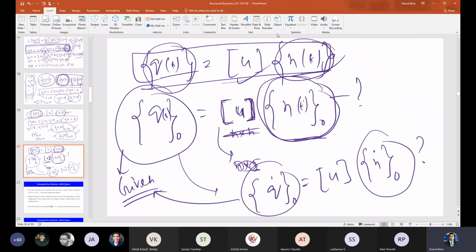Okay. So just as a hint, this powerful property, orthogonality of the modes, will come into the picture to find out eta t at time t equal to 0 and eta dot t at time t equal to 0. So try to see from books, or first try yourself what I am talking about. So you see how powerful the property is. As I mentioned, if you do not consider all the modes, then U is not a square matrix. So then how will you do it? You will not be able to invert it, right? And that is not a good practice, mathematically also not proper, to invert U. There may be some problem in inversion. So you use the orthogonality property.